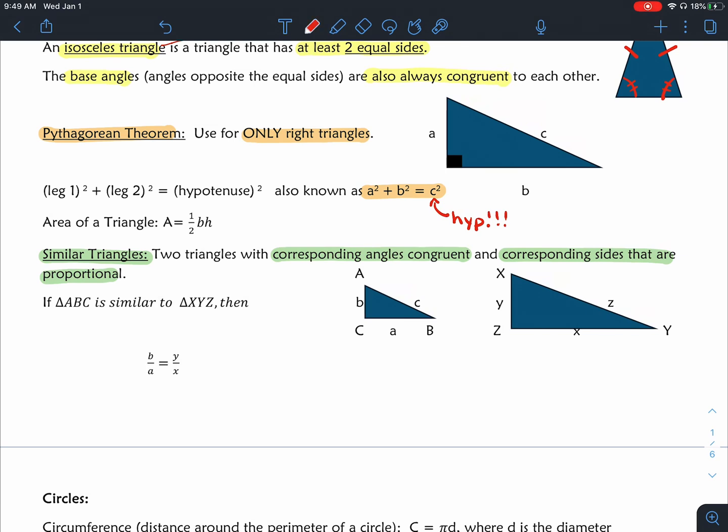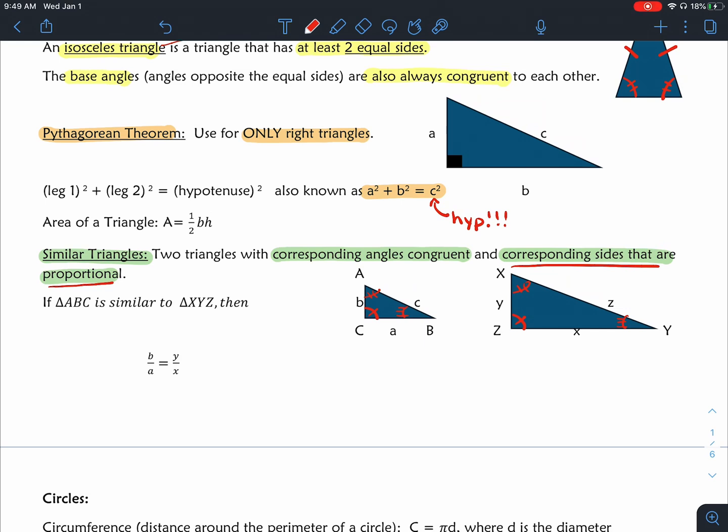Okay, so basically in this picture, this doesn't have to be right triangles, even though these two pictures might look like they're right triangles. The angles, like angle C, would have to be congruent to angle Z. Angle A would be congruent to angle X, and angle B would be congruent to angle W. Well, clearly you can see, at least if this is drawn to scale, that the side lengths are not congruent. So when we say the corresponding sides are proportional, here's what we mean when we talk about